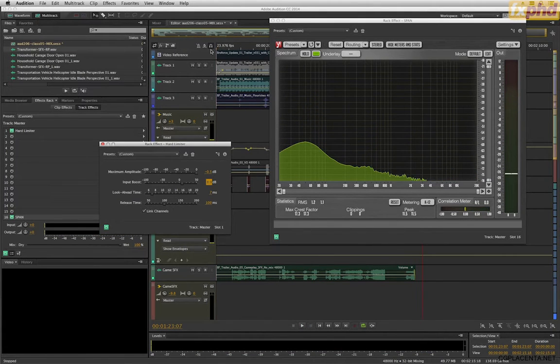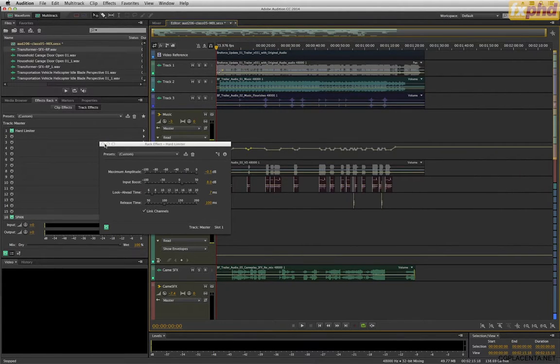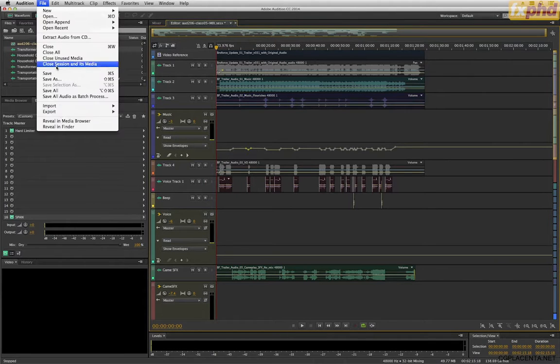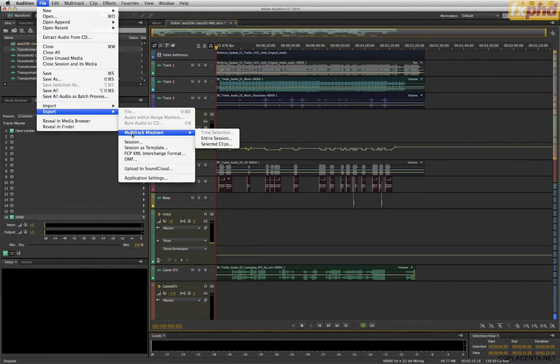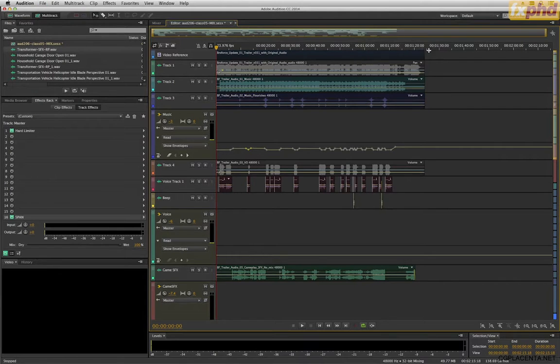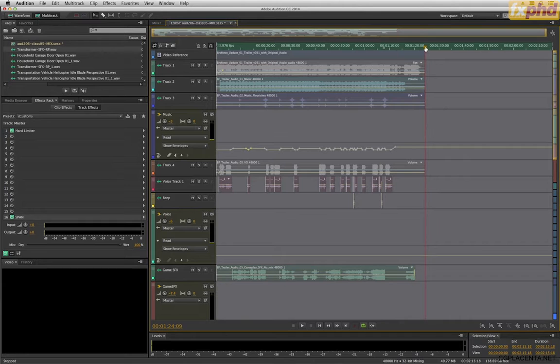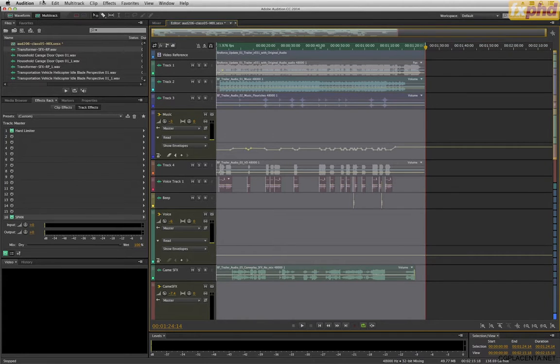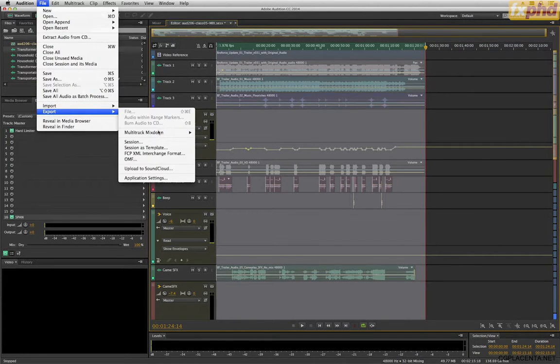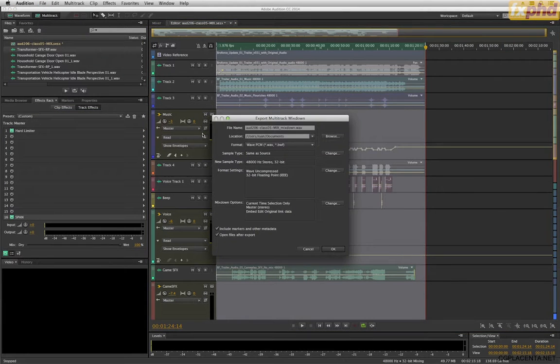There you go. I think that's a decent mix for web for this piece. So now one of the things that a client will often ask for is splits. And how you do that is we can actually do an export multi-track mixdown. Actually, let me set a range. So I'm going to set the start of the file and then a little bit after the end, my in and out point. And then if I go to export, multi-track mixdown time selection,